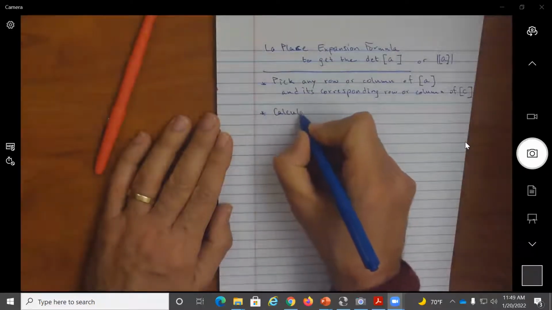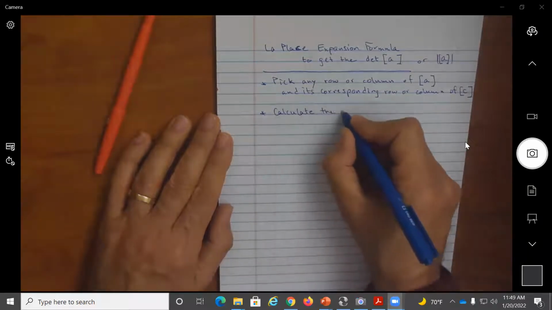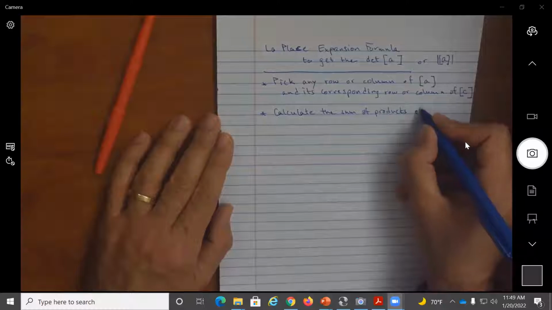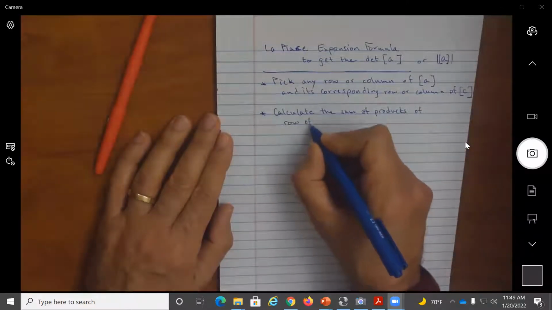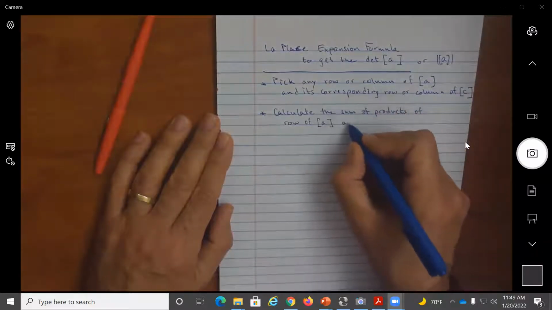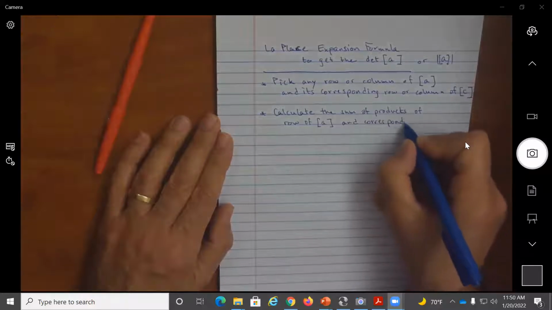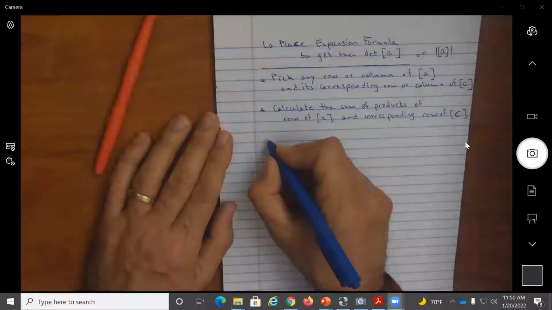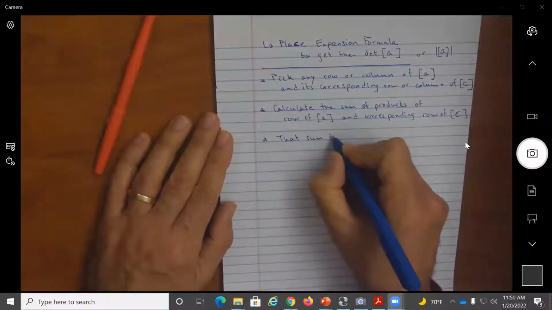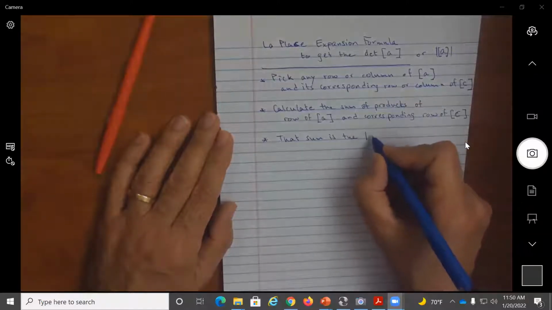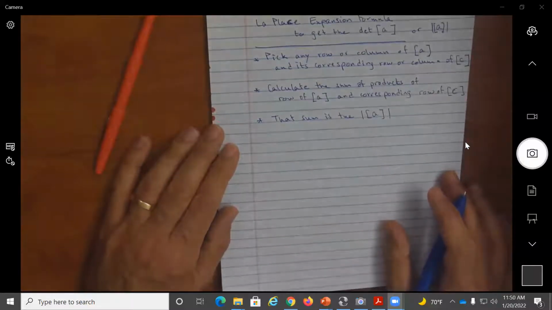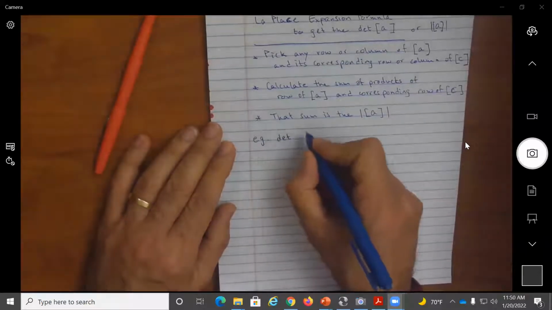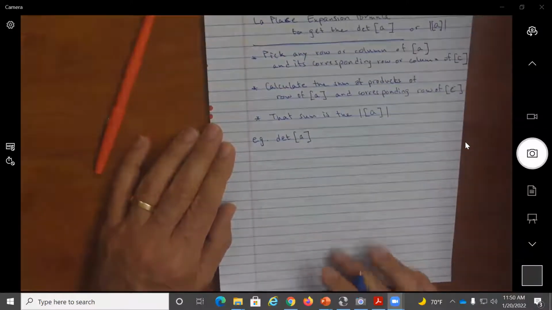We calculate the sum of products of the row of A and corresponding row of C. That sum is the determinant of A. So for example, the determinant of A, and I'm going to write it in a different way so you get used to it, is equal to